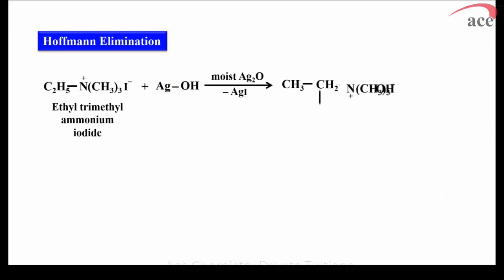On strong heating, we have split up that C2H5 as CH3CH2. Now the carbon atom which carries that nitrogen is called alpha, and at the beta carbon atom you have elimination of a hydrogen atom. So at the beta carbon we have elimination of H, resulting in the formation of an alkene. So this can be written as CH2-H with the loss of H, on strong heating finally resulting in the formation of